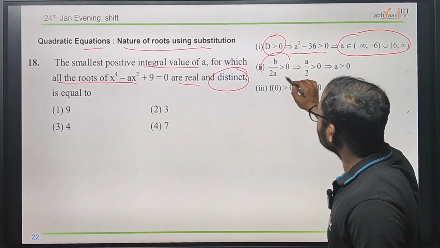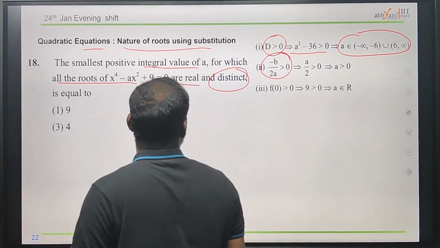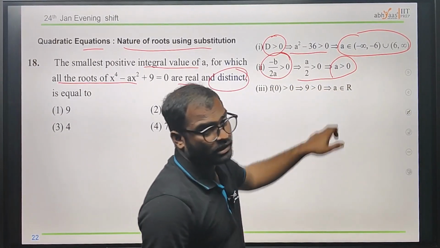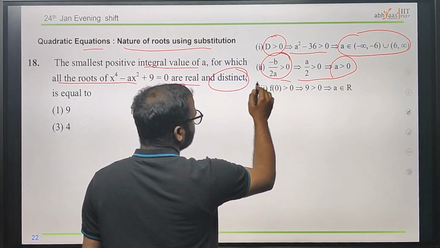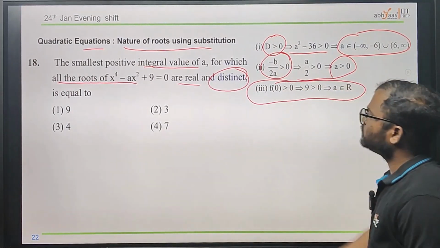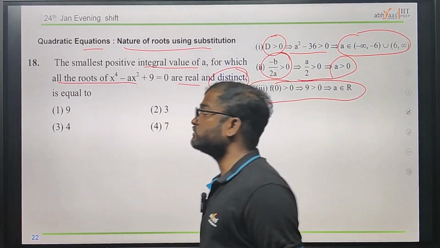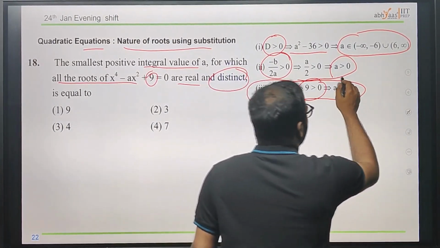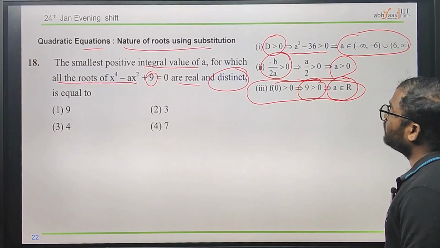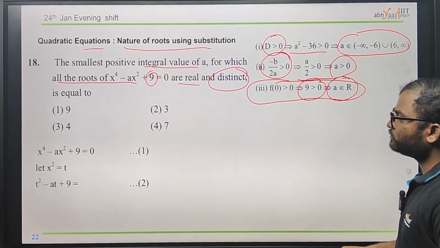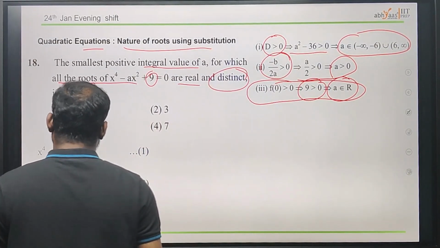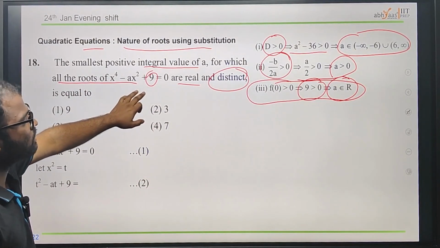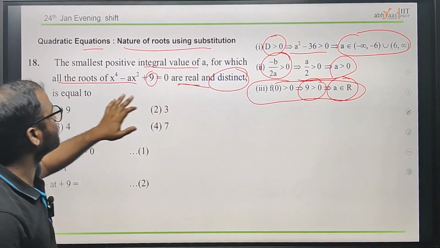Now for b square by 2a, we have to check this as well. b square by 2a is greater than 0, which means that a is also greater than 0. Now we have to check another one, which is the third statement, f of 0. Where this f of 0 stands gives 9, which means that it is also greater than 0. That means that a belongs to real numbers. Therefore from these 3 conditions, we got the situation of what is happening here. We got all real values, but we are asking about the smallest positive